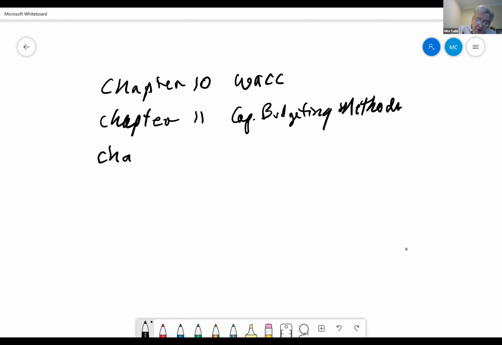And finally, today we'll get into chapter 12, which is capital budgeting cash flows. I followed these in the order the author does, so I honestly think it would have been better to cover chapter 12 than chapter 11, but